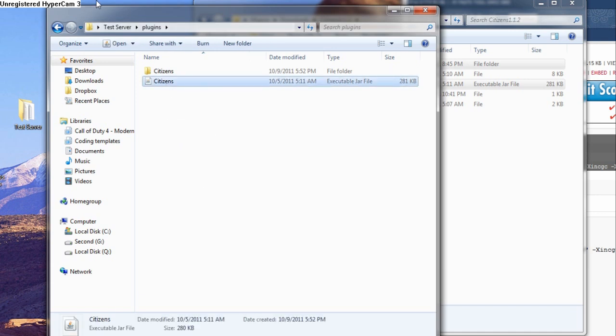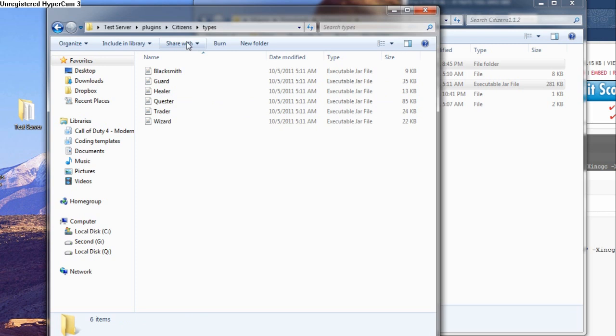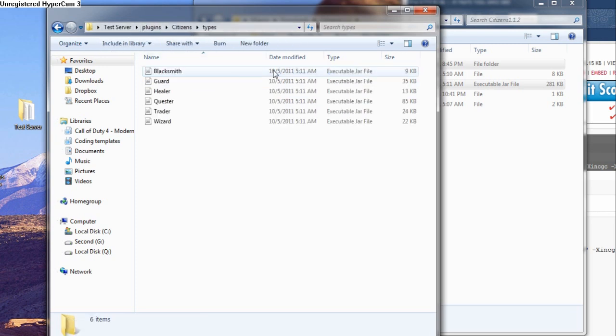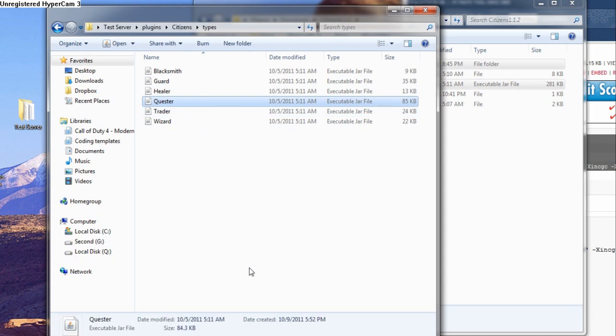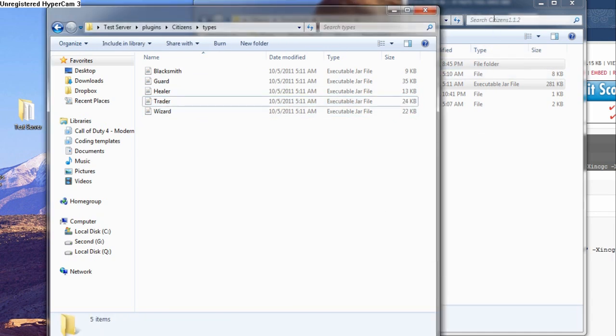So basically what this is going to do is look for the executable jar that's under the plugins folder. You go, okay, so we need to load Citizens, and that's what that does. And the first time we run it, it'll generate a whole bunch of extra files in here. As you can see, it's pretty empty in here right now. The only thing we need to edit is under types. So I'm in plugins here, I go to citizens, types, and then you see Quester here. We just need to delete that file.